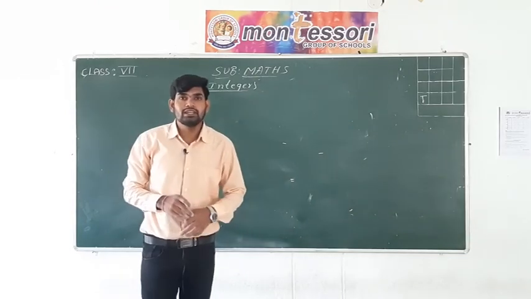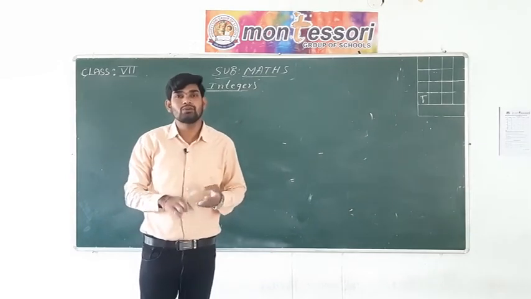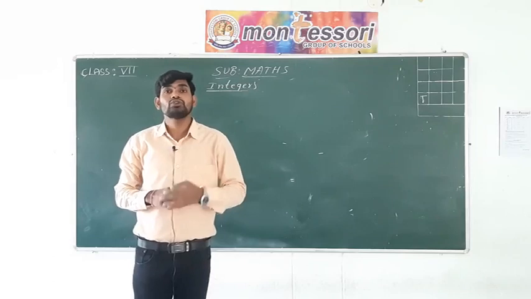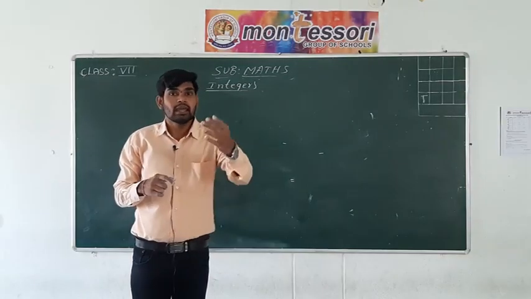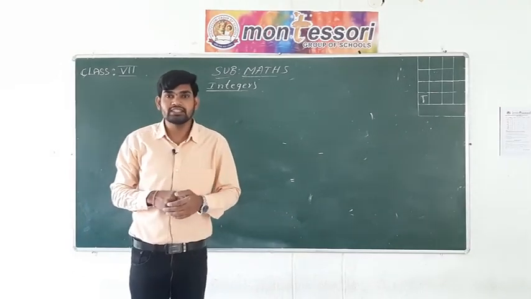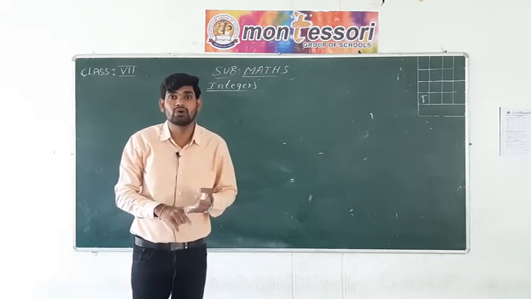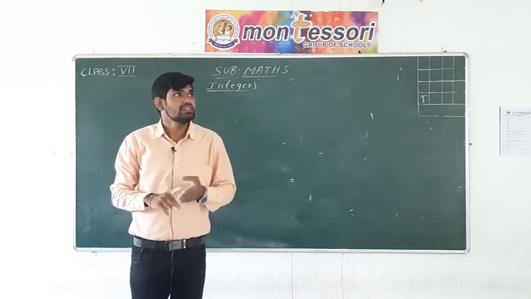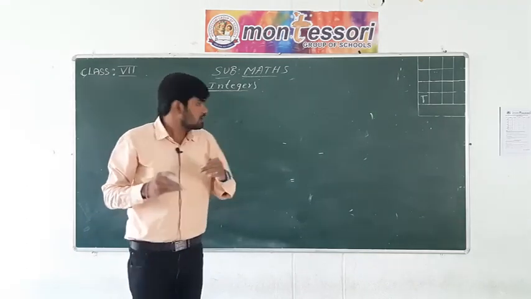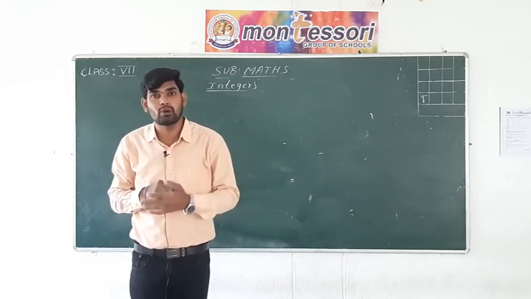Okay, today we learnt the introduction, what is a natural number, what is a whole number, what is an integer, and where we use integers in real life. So try to write the definitions of what I explained in the present class, and identify the smallest whole number, the smallest natural number, the greatest negative integer, the smallest negative integer, and compare integers, and take a few more examples of integers and apply the properties of integers.